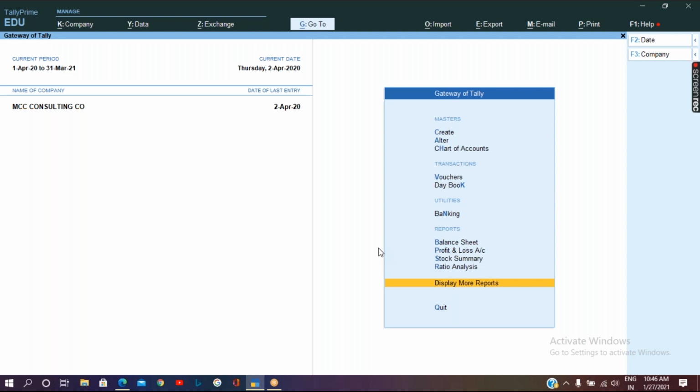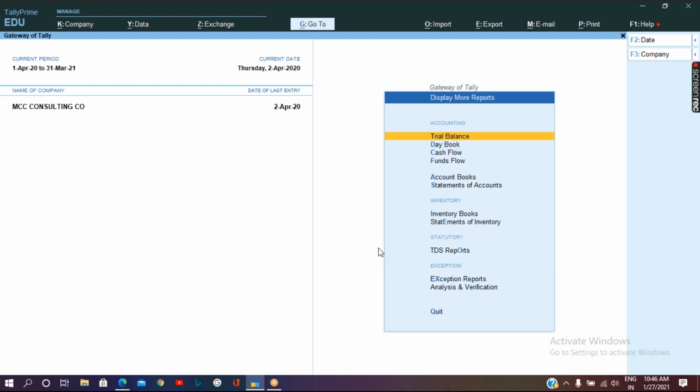So we have to go for Display. Very good. So here we can find further report screens.